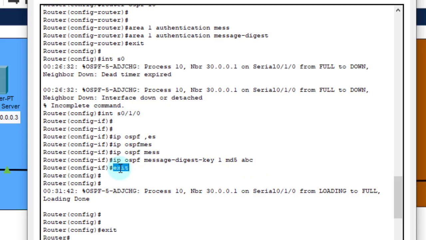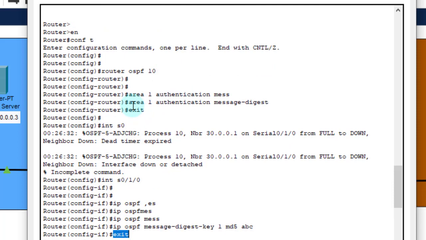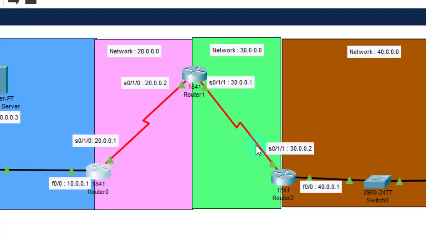In the same way, go to the second router and enable the authentication: area 1 authentication message digest. Then we apply the authentication on the serial interface, write IP OSPF message digest key 1 and MD5 authentication ABC, and exit. In the same way we can write this command on this router, and MD5 authentication will be enabled on both.